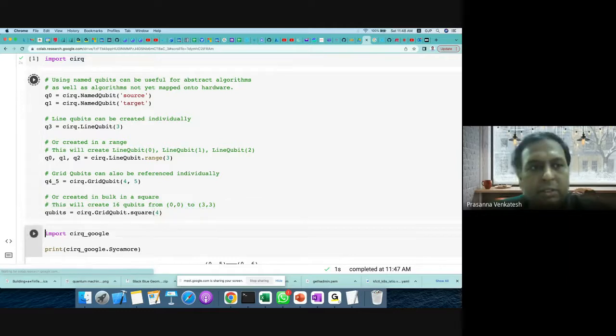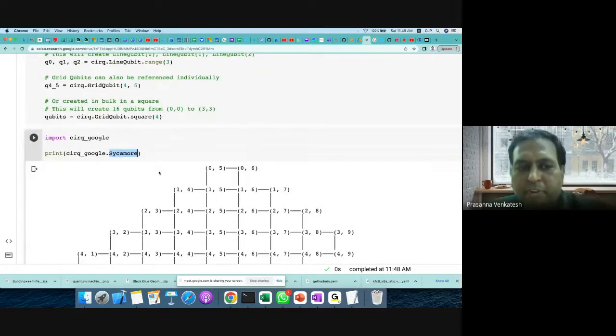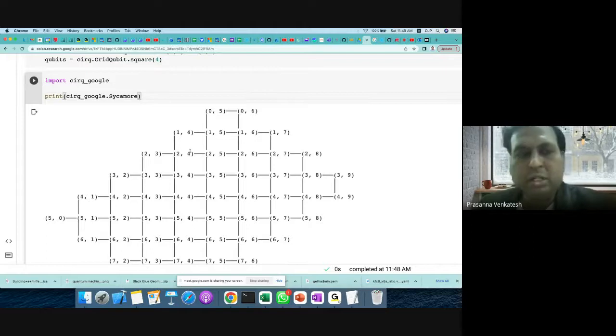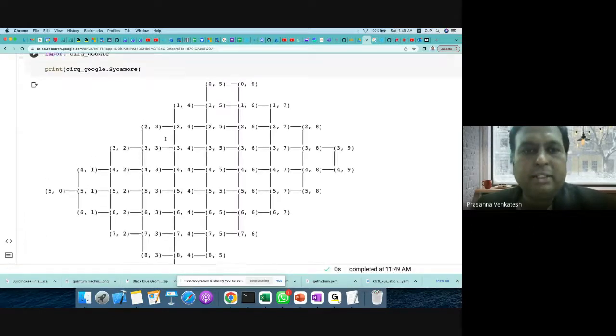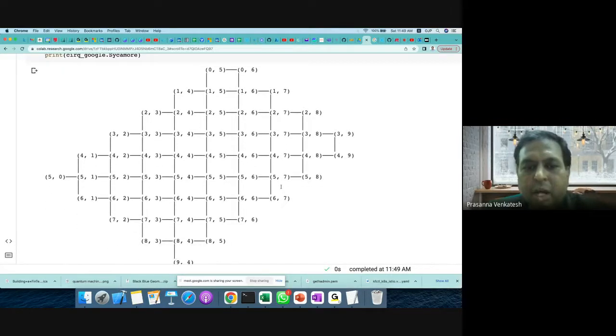So I execute this, and it has executed successfully. So the qubits were created. Don't worry, you have not able to see. So I was talking about the Sycamore chip from Google. Google also provides an option of accessing the qubit structure of the Sycamore chip. If I execute this command, this will show the structure of the qubits, how and in what position the qubits are represented. That is what is represented here in this diagram that you get.